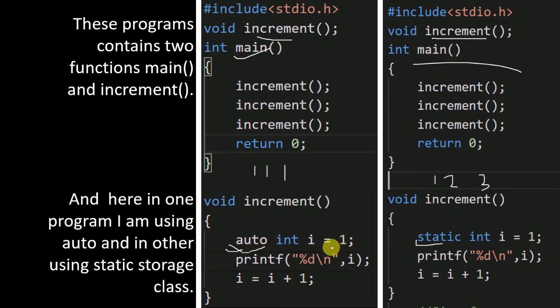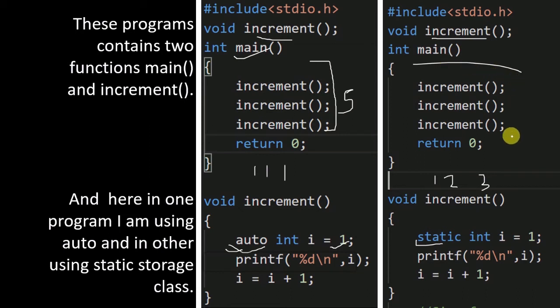How many times it prints 1 depends on how many times you call the increment function. If you call the increment function 5 times instead of 3, then it prints 1 for 5 times, according to your increment calls.